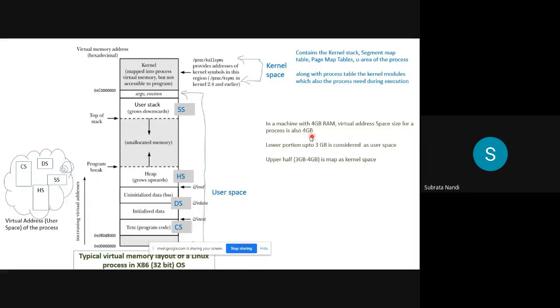Now the point is, this 4 GB space is logically divided into two parts. If you consider this the 00 address, the virtual address is increasing this side. So this is the virtual view of the process space. So this is the 00, the lower order locations of the memory, and then from 00 to say up to